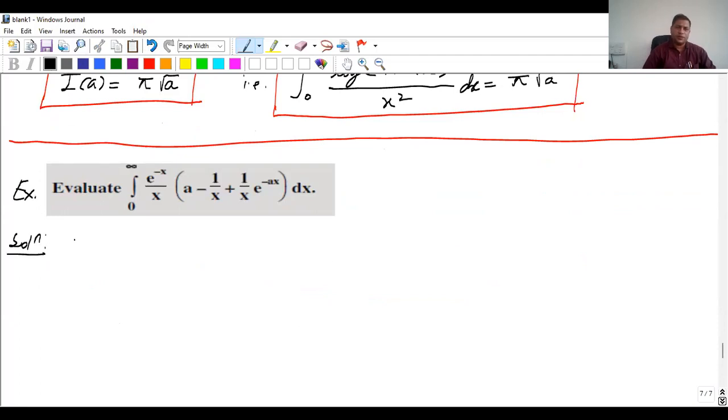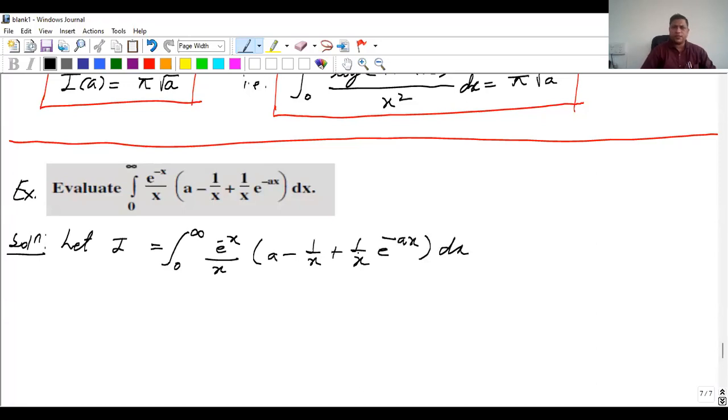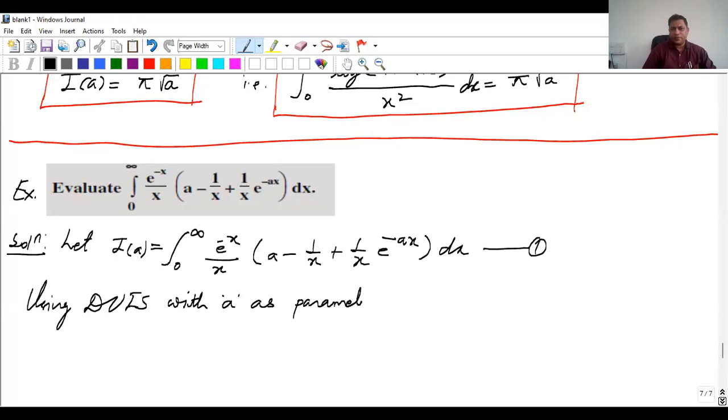Evaluate this integral. Let I be equal to the integral from 0 to infinity of e raised to minus x by x, times a minus 1 by x plus 1 by x, times e raised to minus ax, dx. So this is an integral of a. Is that okay? x is the variable of integration, and a is a parameter. Now what we can do is, using DUIS with a as parameter,